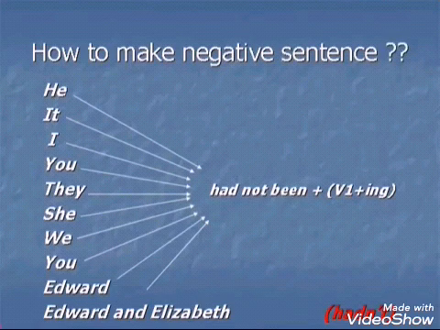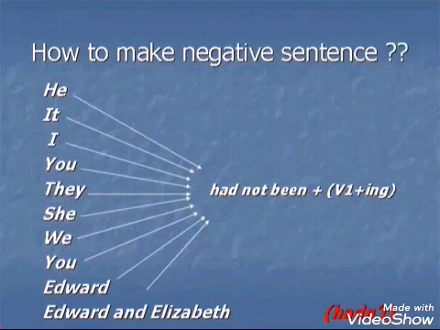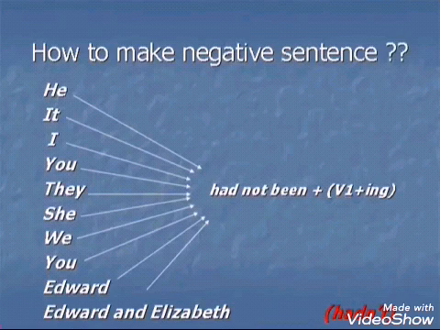By using had not been plus verb plus ing, or you can say hadn't been plus verb plus ing, with all pronouns, with he, it, I, you, they, she, we, you, the singular like Edward, the singular or the plural like Edward and Elizabeth. For example, he had not been eating cookies, it had not been sleeping well, I had